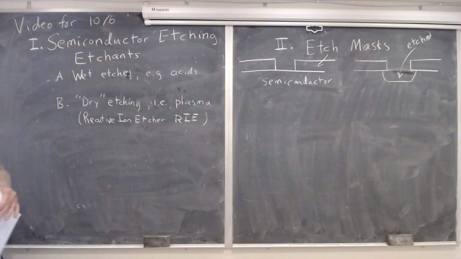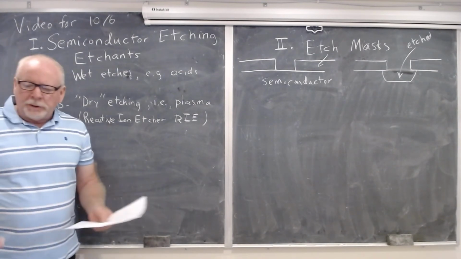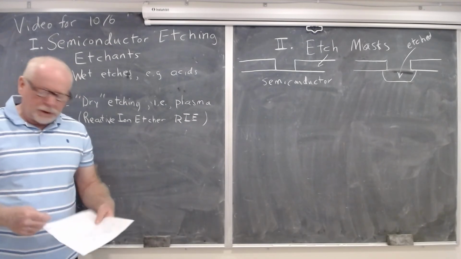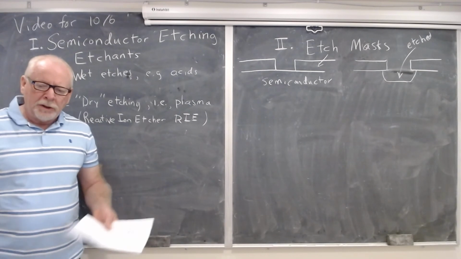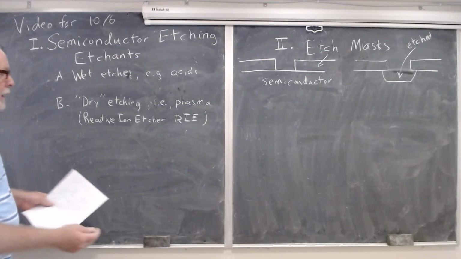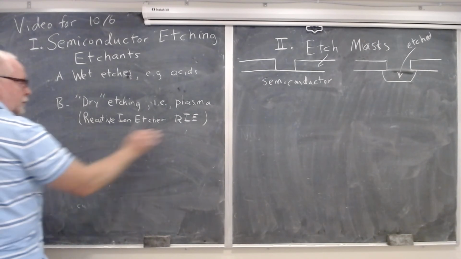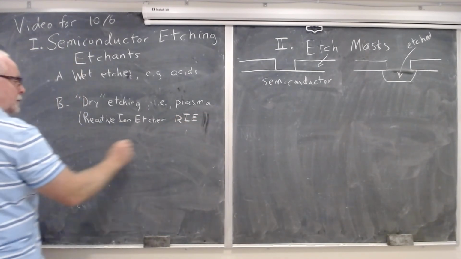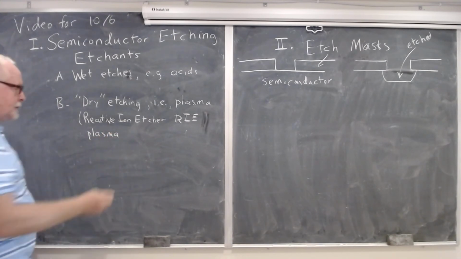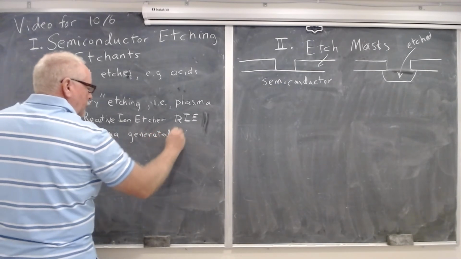There's a nice figure or a photo of one in the book, and it basically is a chamber where you place your sample in, and then you close it up and you vacuum out the air, and then you introduce a gas, and then you institute a plasma. And in this case, the plasma, I'll extend the parentheses here. Now we all understand what the plasma is. That's an ionized gas. It's generated by